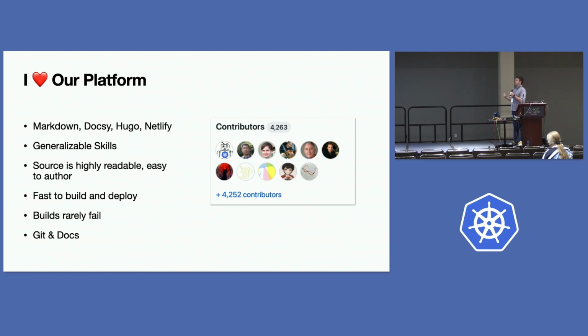I like authoring in Markdown. I like using static site generators. It's cool that these skills are generalizable to other platforms. The source is highly readable, easy to author. It's fast to build and deploy. I like using Git to manage docs compared to every other version control system, especially older things for managing